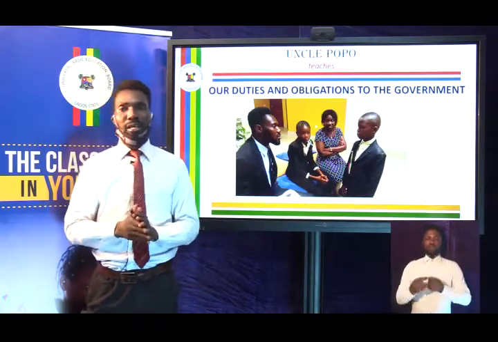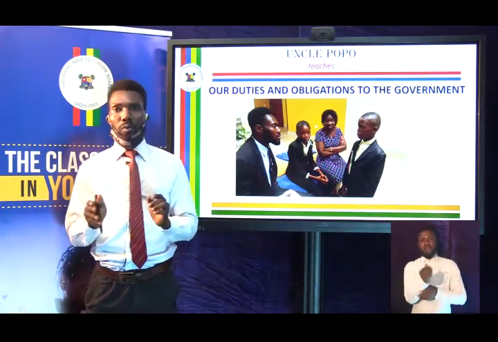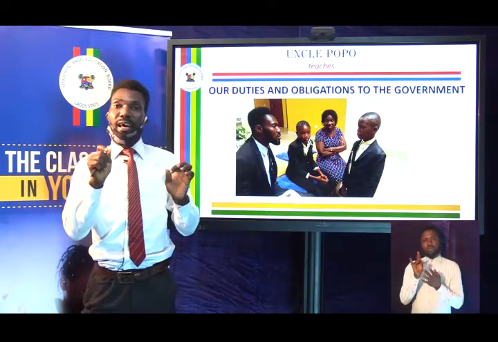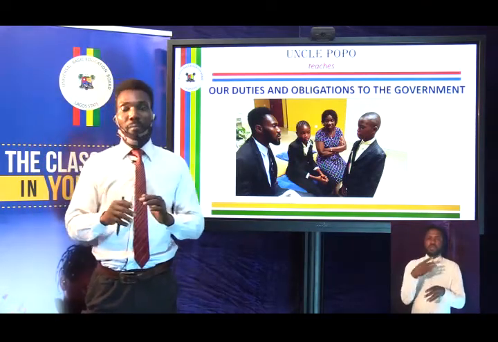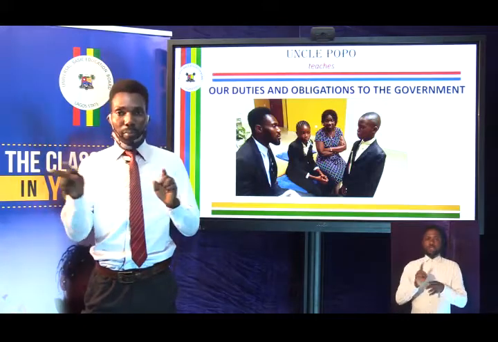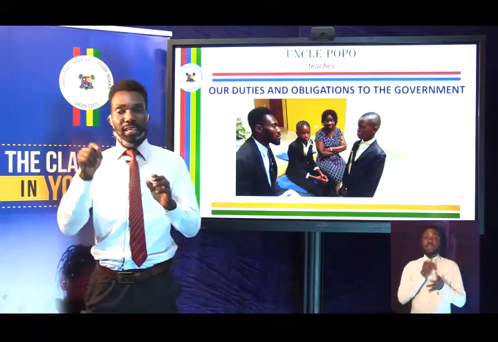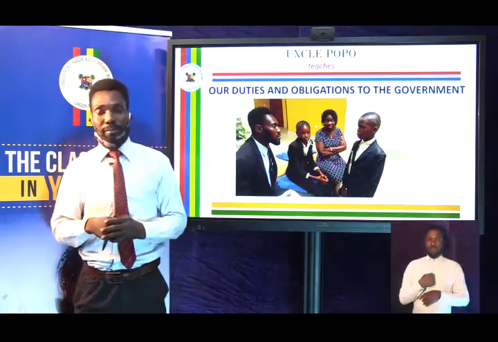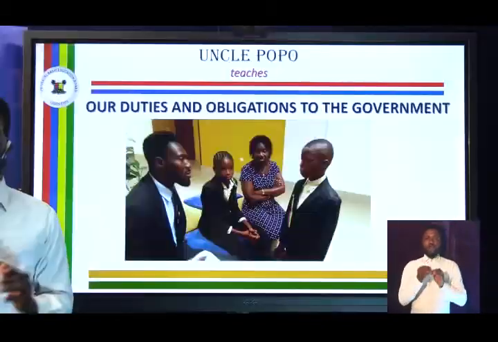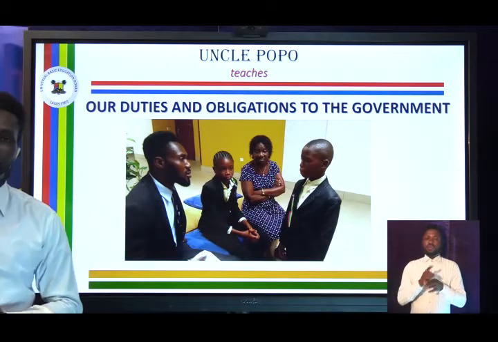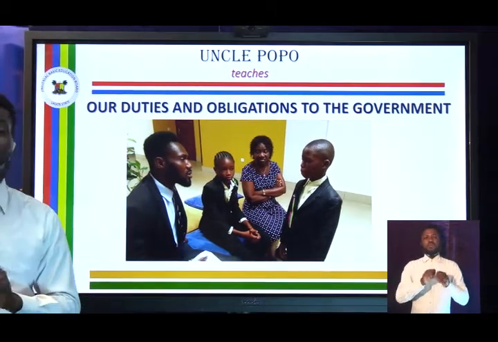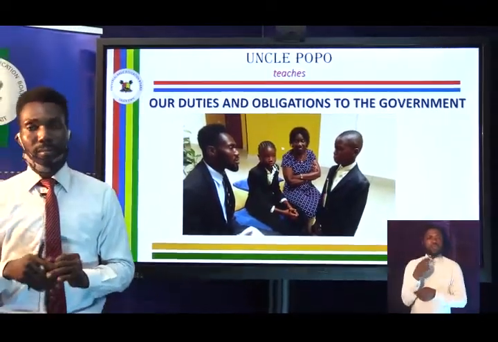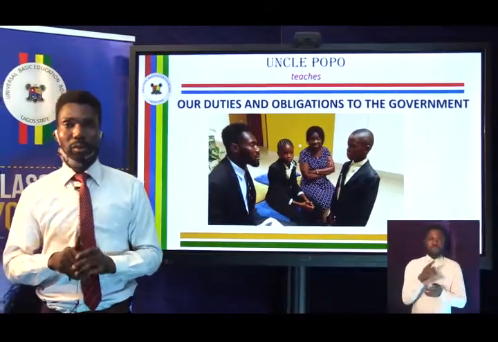Before I go into today's topic, I want to ask you a few questions, and I want you to answer me. You have two options: either you say duty of the government or my own duty. So you pick from the two. If it is duty of the government, you say duty of the government. If it's your own duty, you say my own duty. Question number one. Whose duty is it to provide social amenities like good roads, schools, hospitals? Duty of the government? You're correct.